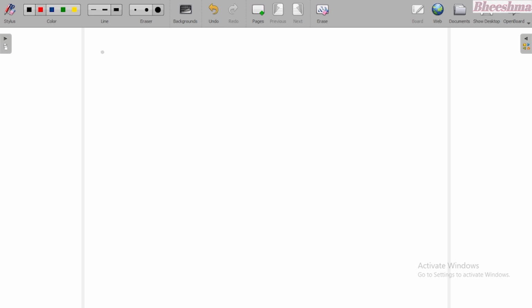Let's see some of the introduction about the skeleton, the definition of skeleton and the types of skeleton, about the axial skeleton and the appendicular skeleton. Let's see. First,